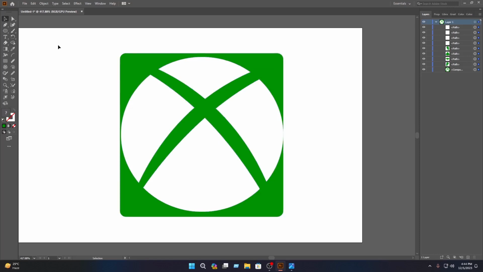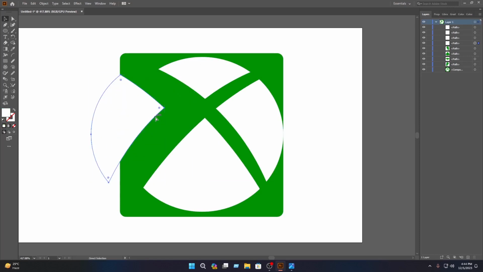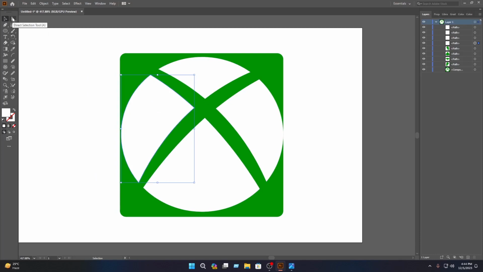then select the move tool, then you have to select the shape, then you have to select the direct selection tool, then select this and drag this in here, then select the move tool, then select this, then select the direct selection tool, then select this and drag this in here, then select the move tool again, then you have to select this, then select the direct selection tool, then select this and drag this in here, then select the move tool again, then select this, then select the direct selection tool, then select this and drag this in here, then select the move tool again,